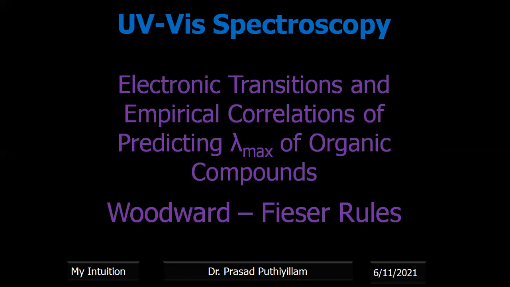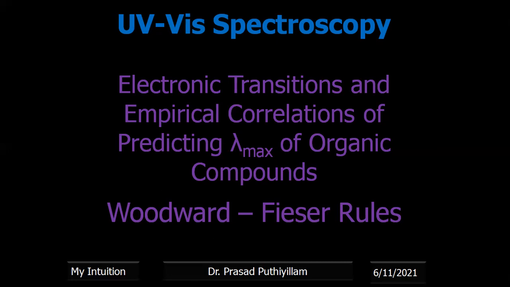And when we prepare a new compound, we should have an idea what the lambda max should be. Therefore, by doing several experiments and calculations, scientists, mainly Woodward, did the main work, and it was further modified by the scientist Fieser. They put forward certain rules by which we can theoretically calculate the lambda maximum for the given compound. Mainly we are explaining the double bonded compounds here.